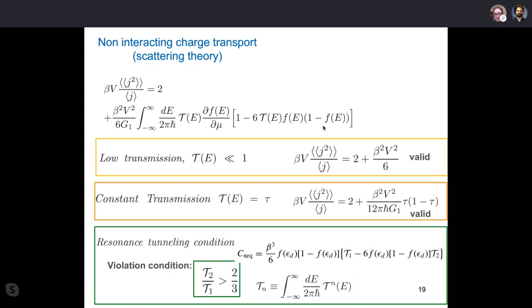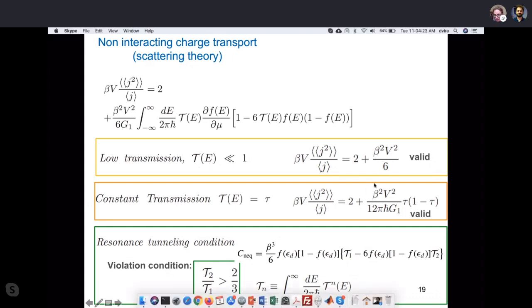I mean, it would also explain why you need a kind of tight transmission function, because otherwise there'd be very little probability of two electrons with the same energy trying to cross at the same time, I guess, right? So when the transmission is very small, the probability to transport is very small, the TUR is valid throughout. I have to think about the constant transmission limit. But I guess it's very unlikely for two electrons with the same energy. I mean, basically the majority of the current comes from electrons with different energies, right? If they can go across at all different energies, they wouldn't really overlap. This is a bit heuristic, but